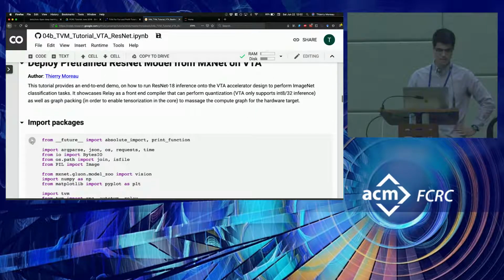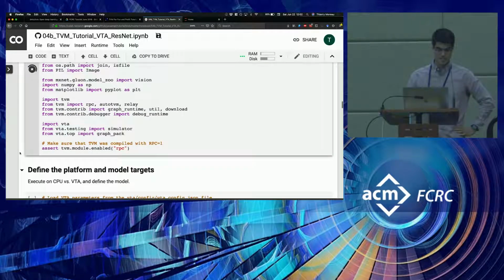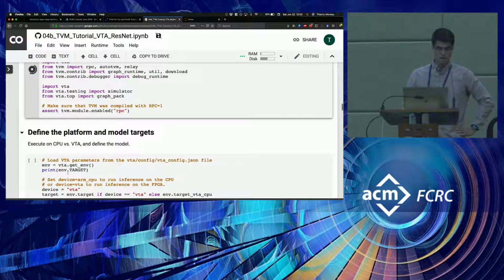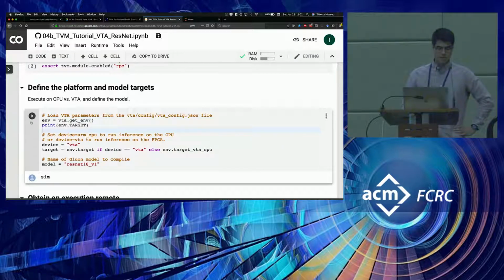Okay, it's done. So I'm going to import some packages. Now let's look at our